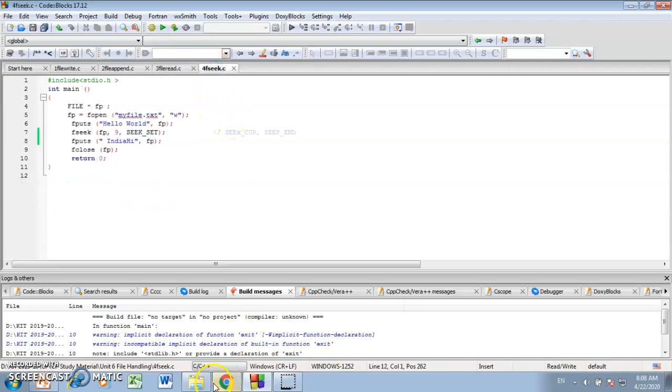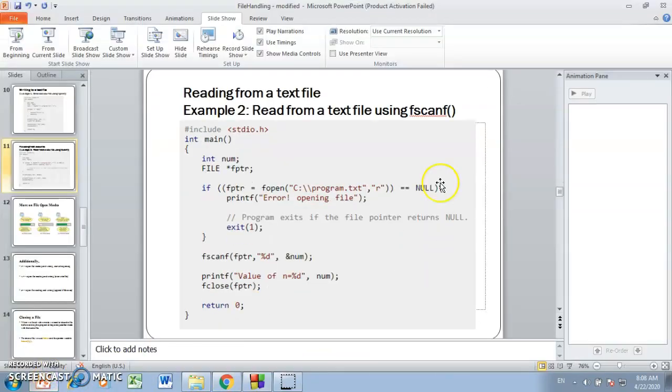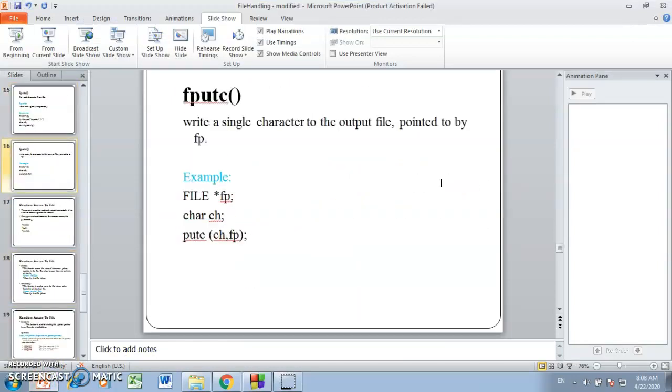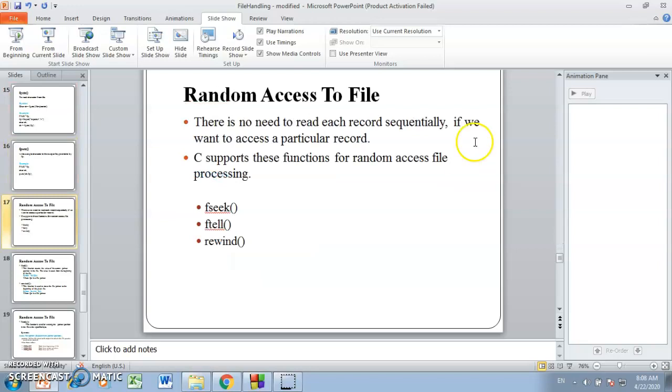And if you have gone through these slides carefully, random access to file. What is the meaning of random access to file? It means there is no need to read each record sequentially if we want to access a particular record. So if I want to access a particular record, I can make use of random access file processing, that is fseek, ftell and rewind.